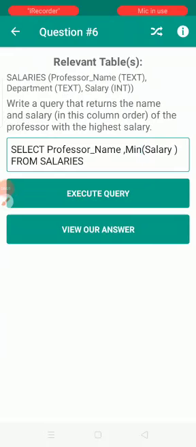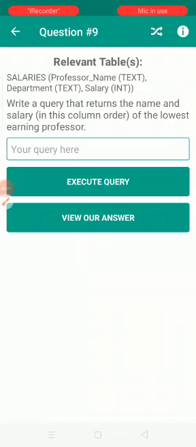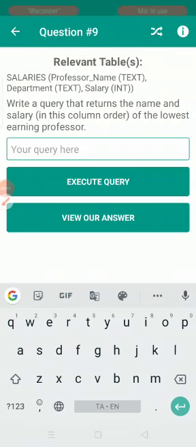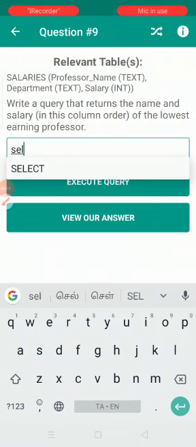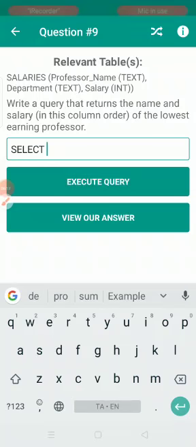In the question list, the same question is listed under question 9, the lowest earning professor. When we give the same thing, it will give the same result which we executed previously.